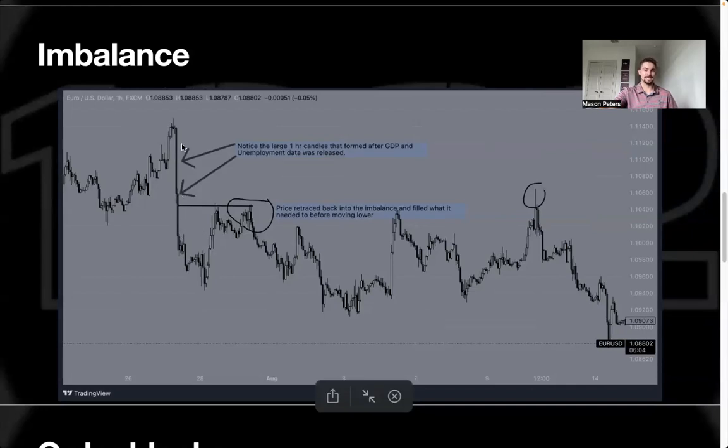respected the second imbalance. It had no need to fill this imbalance here, because later down the line, price will eventually come through and probably trade through that 1.11200 area. So notice that price traded back into the imbalance and filled what it needed to before moving lower. Usually, and probably on the 4 hour, that's about 50% of the imbalance. And so remember, we went over that in the last video. You mark up the 50%, you draw a line, you enter your parameters, your entry, your SL, and your take